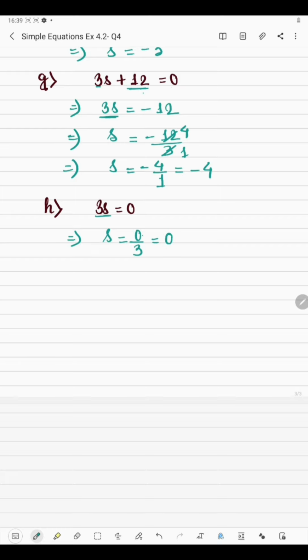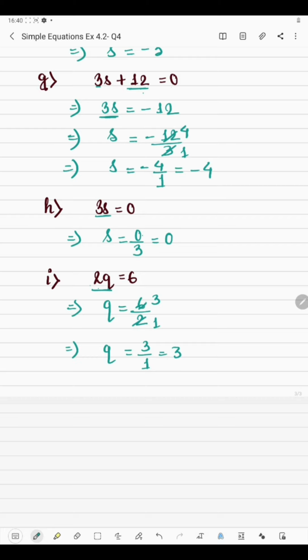Okay. Now next, we have 2 multiplied by q is equal to 6. So the value of q will be 6 divided by 2, because this is given in multiplication form, so it will be division. So numerator will become denominator and denominator will become numerator after changing the side, right? So it will be 6 divided by 2. So 2 1s are 2, 2 3s are 6. So the value of q will be 3 by 1, which is 3.